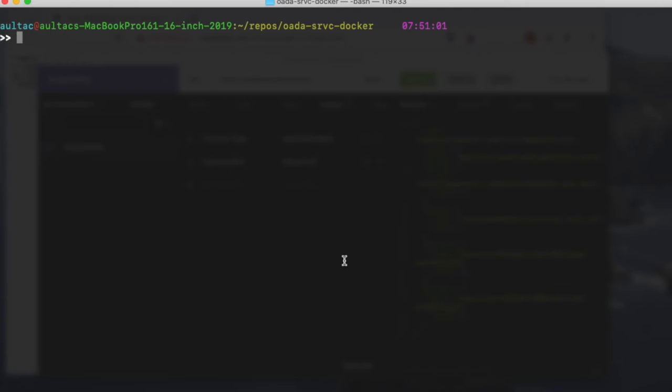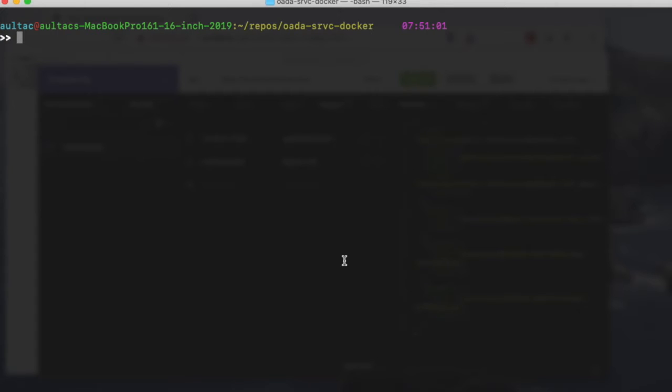Today we're going to show how to add a new domain to an OADA installation. Just like Nginx or Apache or anything like that, if you want the same OADA instance to serve multiple different domain names from the outside world when they come to the machine, then you've got to give it a config that lets it know I want you to serve that domain and set up SSL certificates and things